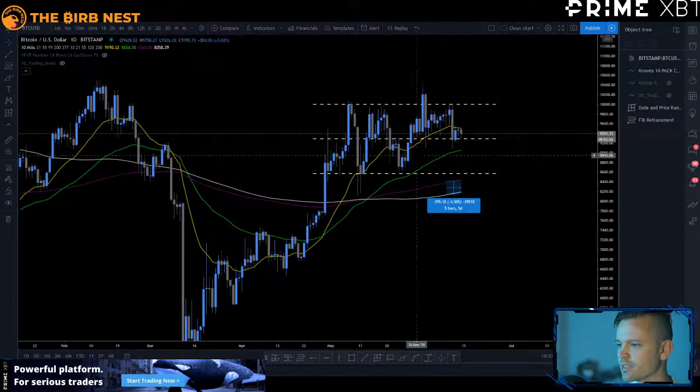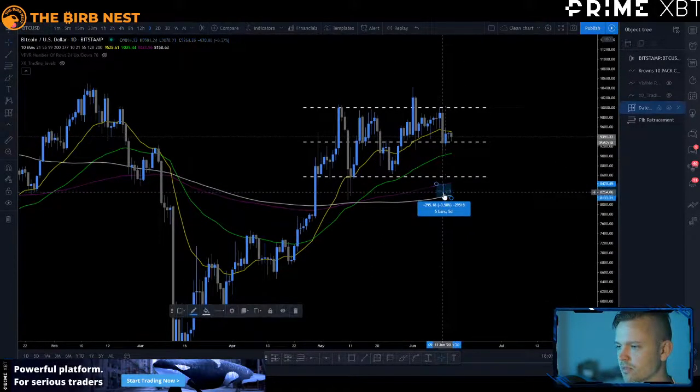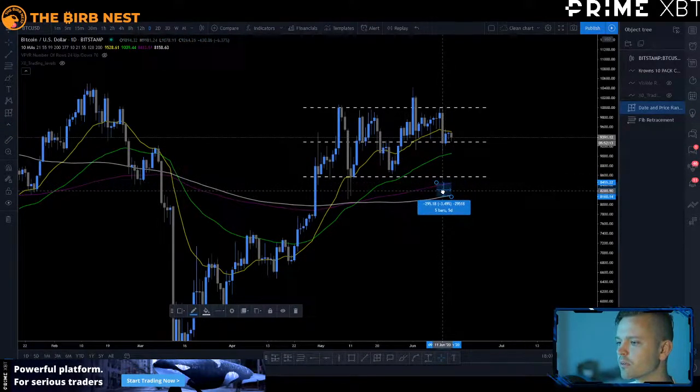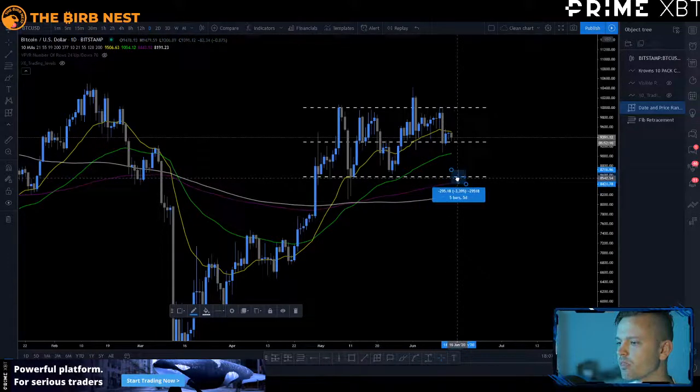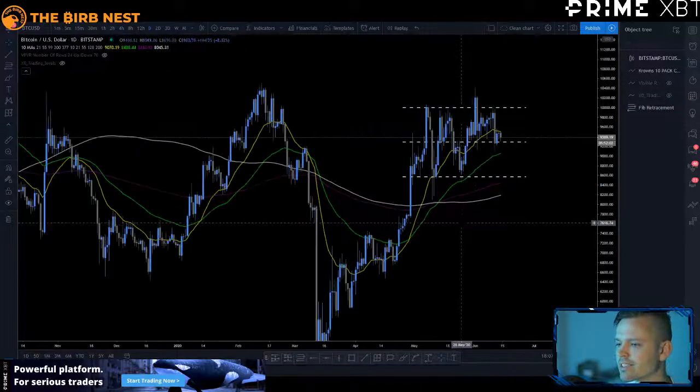If price stays in this general area above the 200 EMA, it's going to take about 3 to 5 days, probably 4 to 5 days, to reach range low,